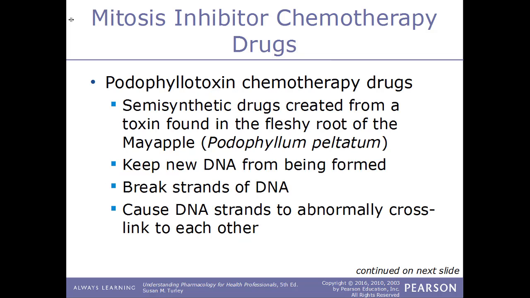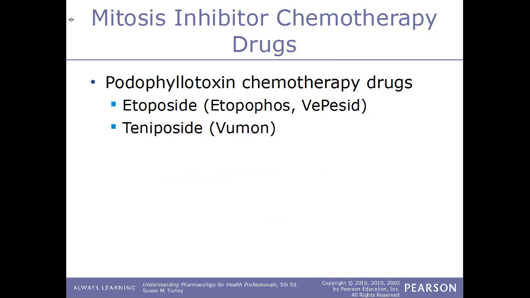Now mitosis inhibitors come in a few different forms. One of those are the podophyllotoxin chemotherapy drugs. And this is a semi-synthetic drug that's made from a toxin found in the fleshy root of the mayapple. This drug works by doing a variety of different things. It can keep DNA from being formed. It can actually break strands of DNA. And it can cause the DNA strands to abnormally cross-link to one another. Some examples of podophyllotoxin drugs would include etoposide, known by its trade names Toposar or Vepesid, and teniposide, known by